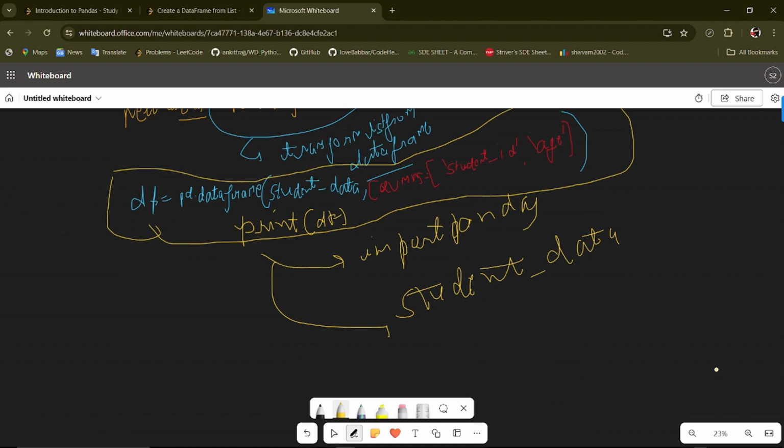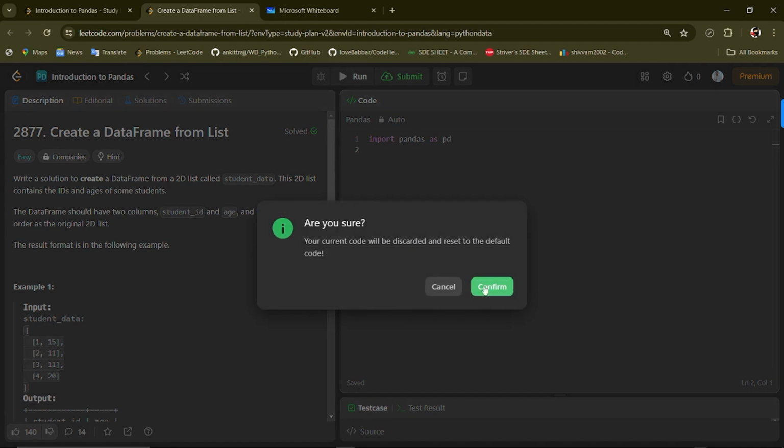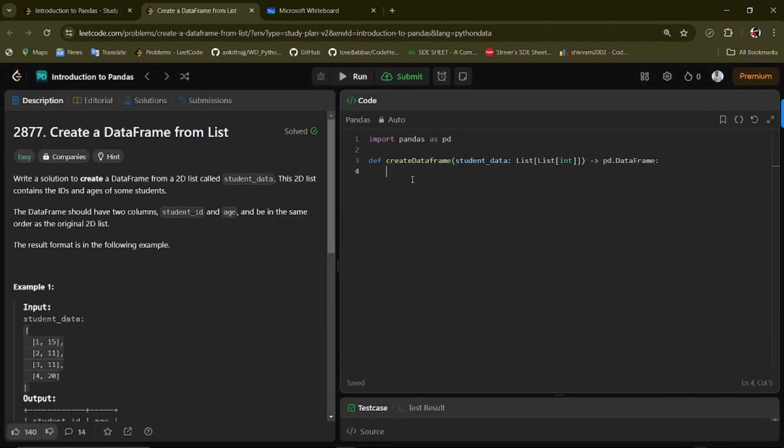Next we use pd.DataFrame. In the third step, df is equals to pd.DataFrame of student data, and then the columns student ID and age. Next we print the df. With pd.DataFrame, to transform the list into a data frame, we specify the columns, and that is the column parameter.